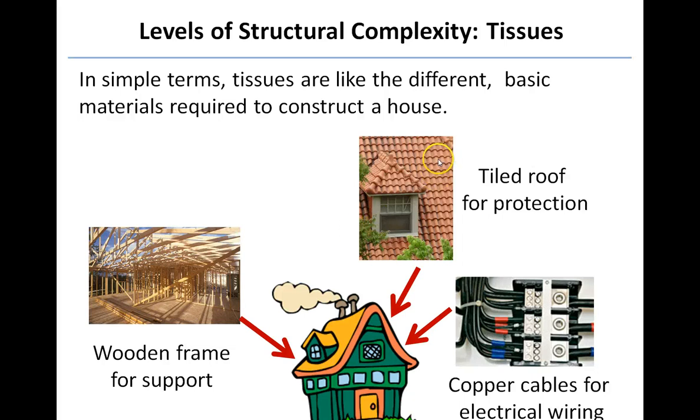Epithelial tissues tend to line things and provide protection. Look at the tiles on this roof, lining and protecting the house from the rain. Other tissues you could correlate with things like optic fibers or copper wiring, allowing the transmission of information rapidly. So something like here, we might have a telephone line coming into the house, allowing rapid communication. That correlates approximately with nervous tissues. So just emphasizing once again, tissues are the basic building materials from which we will construct the organs of the